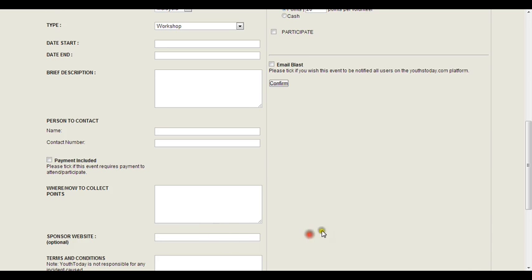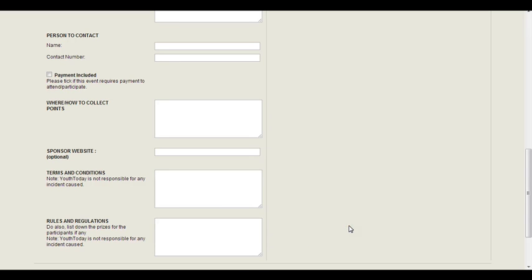If you have a sponsor website, you can put it here. The terms and conditions are the criteria for the youth to refer to if they're eligible to participate or join in your event, and any extra information that you would like the youth to know about your event, you can put in this column. The rules and regulations, you'll have to type out on this side, and also list down the prizes for the participants if there are any, or any other extra rewards for the youth. After you're done with this side,